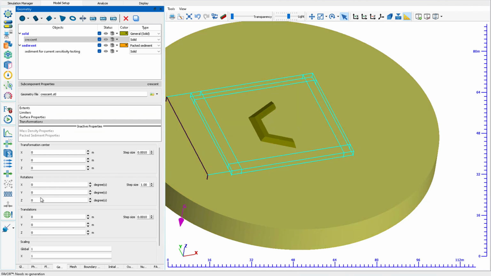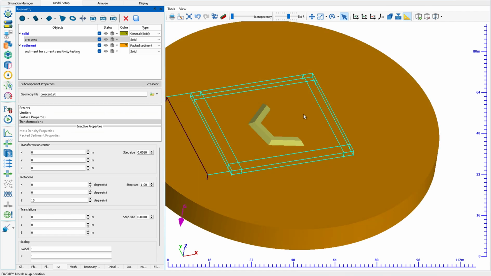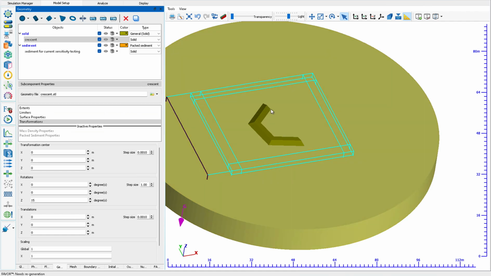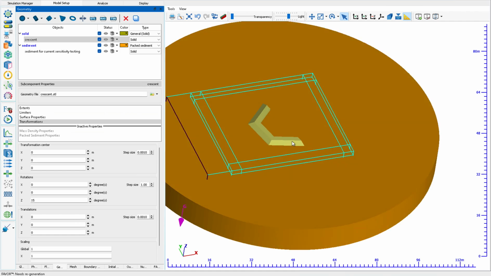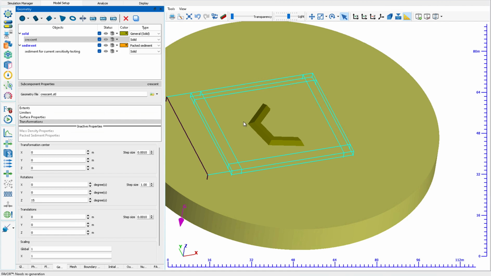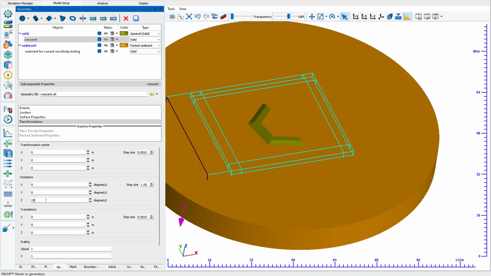And then we're going to do a rotation. The rotation should be around the Z axis, so maybe we'll do 15 degrees. You see how it rotates, and we only need to rotate it like sort of all positive because it should be symmetric. So if we rotate it -15, it should be the same as rotating it 15 degrees. So I'm going to set that back to 0 to run the first